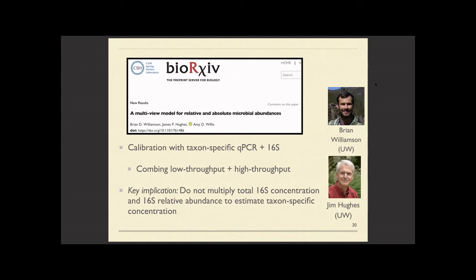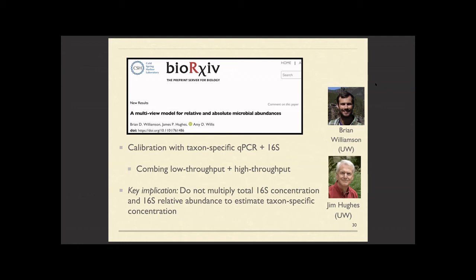So another tool that's out there for estimating these efficiency factors, if that's what you care about, is to perform calibration with respect to some sort of gold standard tool. And so here the gold standard, even though we saw this morning there's definitely some technical variation in this data as well, is taxon-specific qPCR data. And so essentially what we see is that the relative abundances based on 16S data look very different to relative abundances that we find based on higher quality qPCR data, which are subject to different biases.